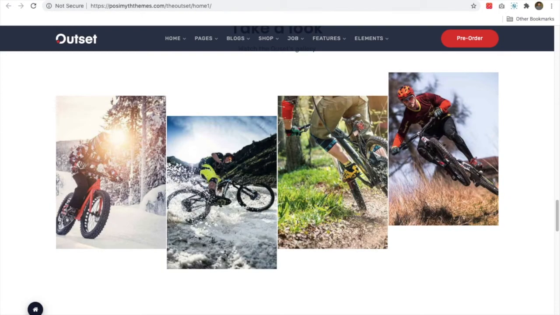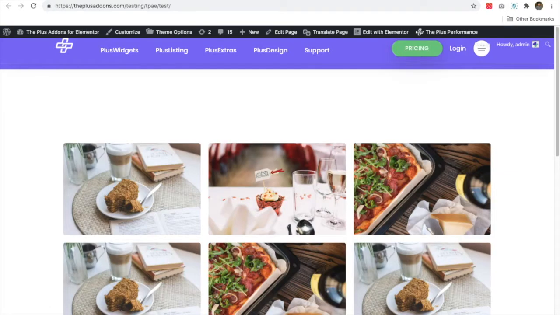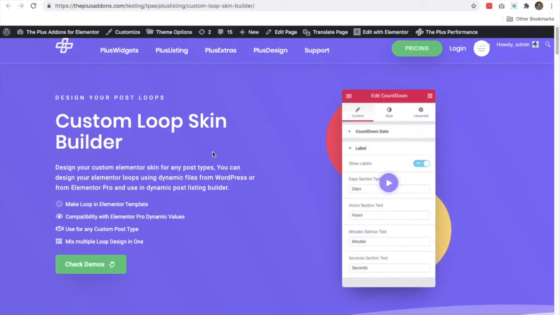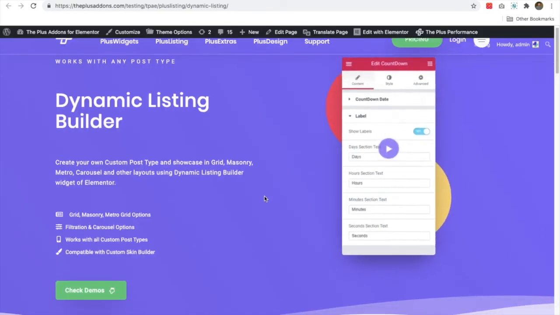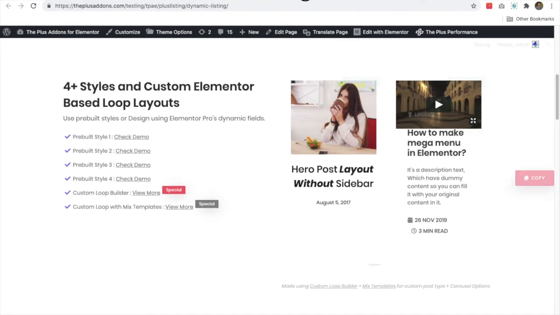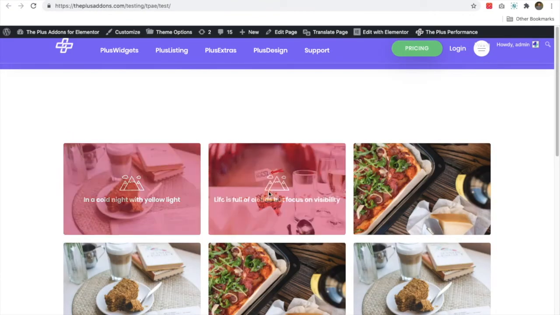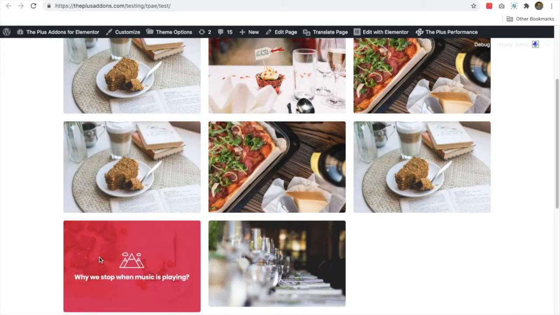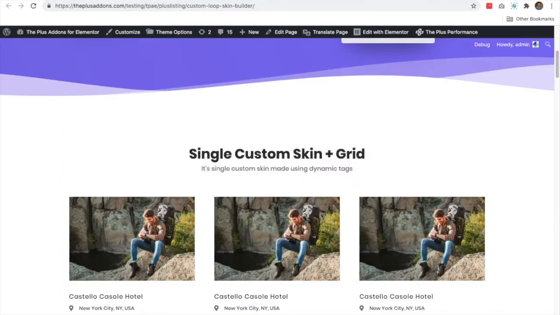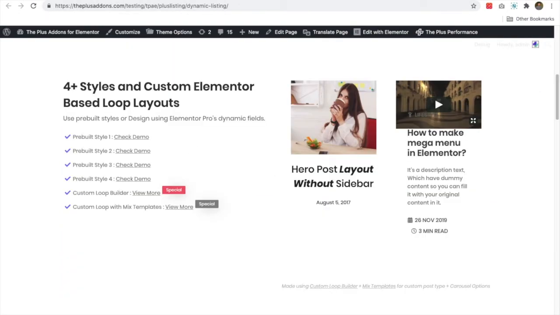So let's start with the demo, and before that I want to mention you can use a custom loop skin builder and a dynamic listing widget to make a layout like this. We are showing a demo in which we will create a hover card like this, and then we will convert this into a custom loop skin, and then at the end into a dynamic listing.